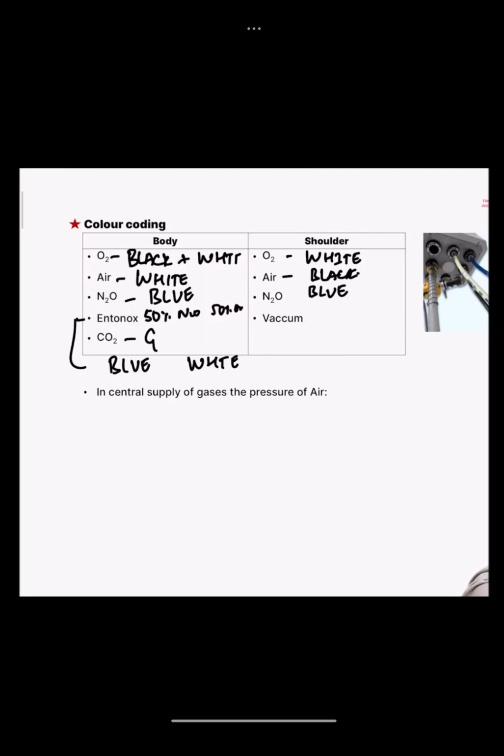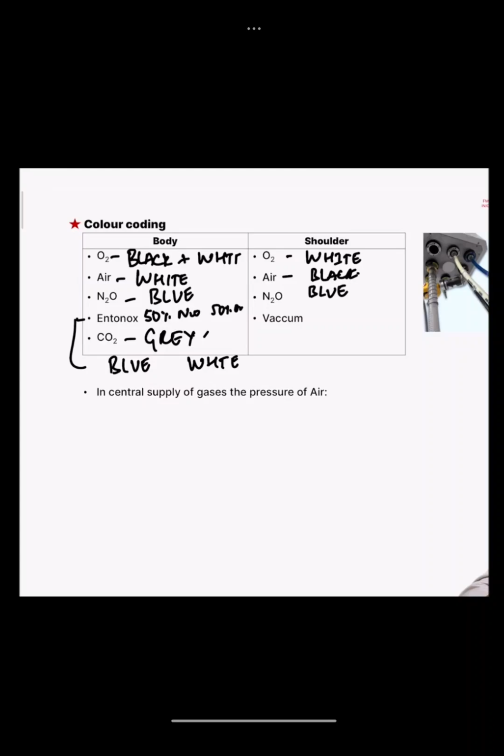Then there is carbon dioxide, which is a completely gray cylinder. Carbon dioxide is used for pneumoperitoneum creation for laparoscopic cases, right? Now guys, remember this is the body and shoulder color. Sometimes they might also ask you about something else. Remember, cylinders are for storing the gases, but every hospital is also equipped with a